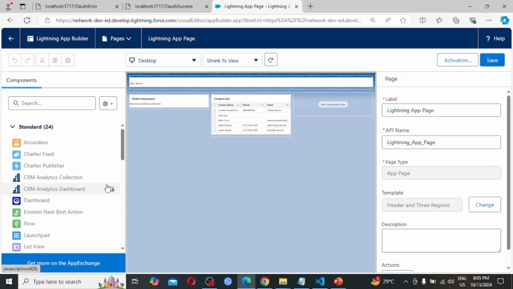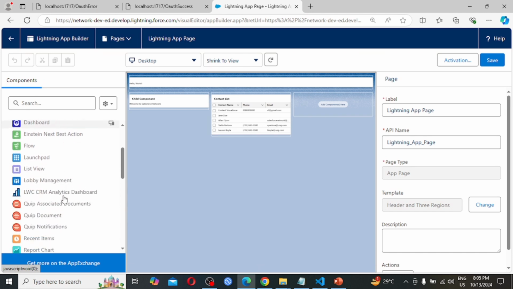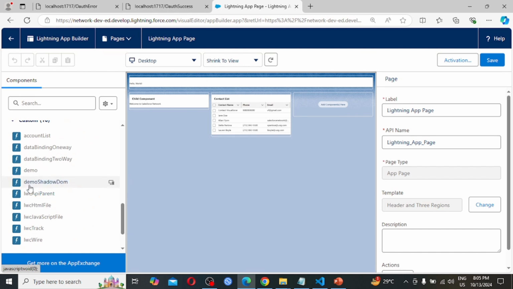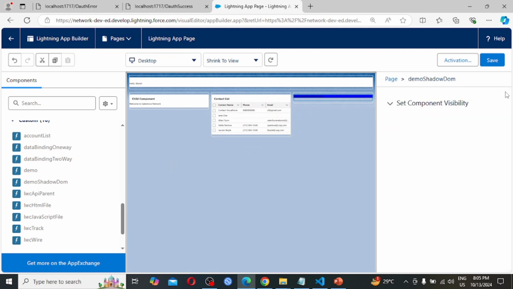The Lightning web component I had created is a custom component. So scrolling down here, demoShadowDom is there. So I need to drag and drop here. So save this, coming back.